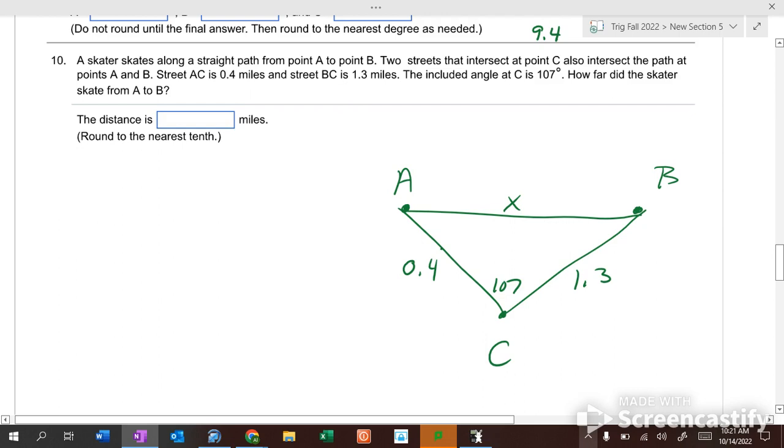Okay? So there's 10 questions. It'll take you a little while to get through these 10 questions. And then if you have any questions,